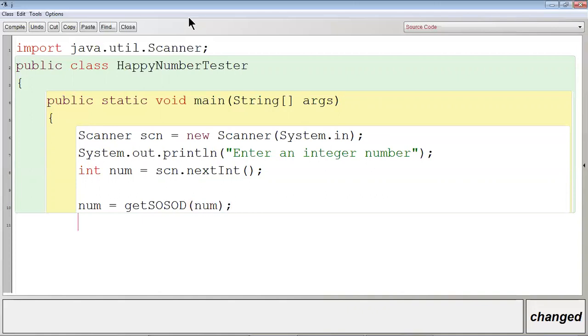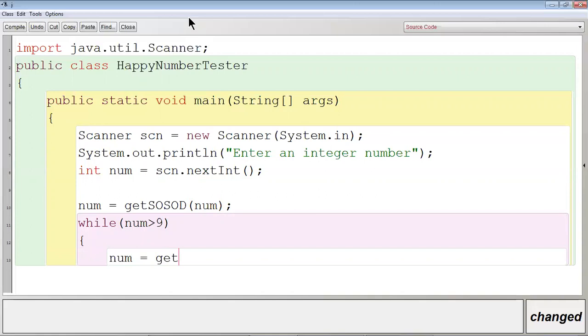Here I will use the while loop and the condition will be till num is greater than 9. So again the process will continue. num is equal to getSumOfSquareOfDigit and pass the same number.